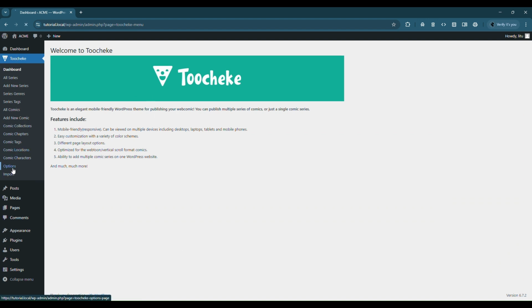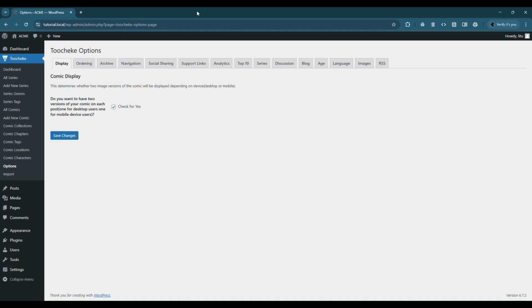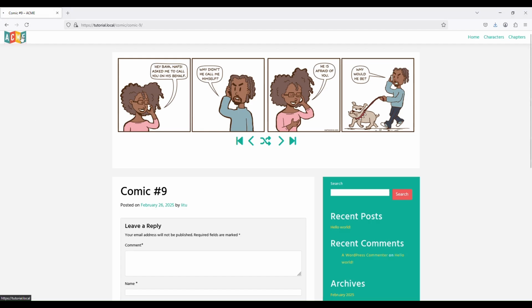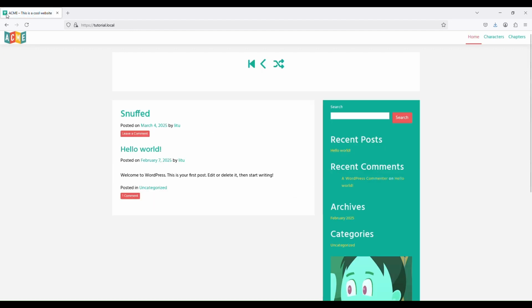So okay, let's continue going through this. So the ordering option. Basically, this determines how the navigation for your comics can be ordered based on different features. So for example, how would you like to order your comics? This determines how, for example, on the home page, if you go to the home page,